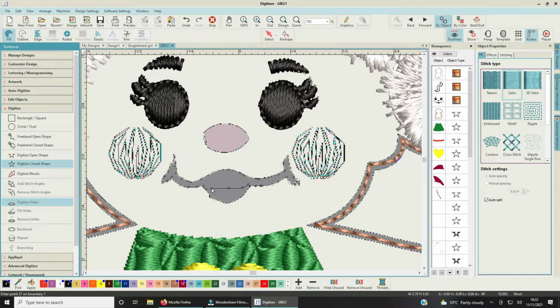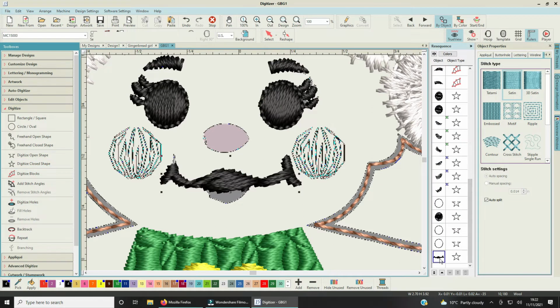Ooh, I'm going to go back on that because I did actually come down a teeny bit. So then I want to use a gentle curve around to finish it off,